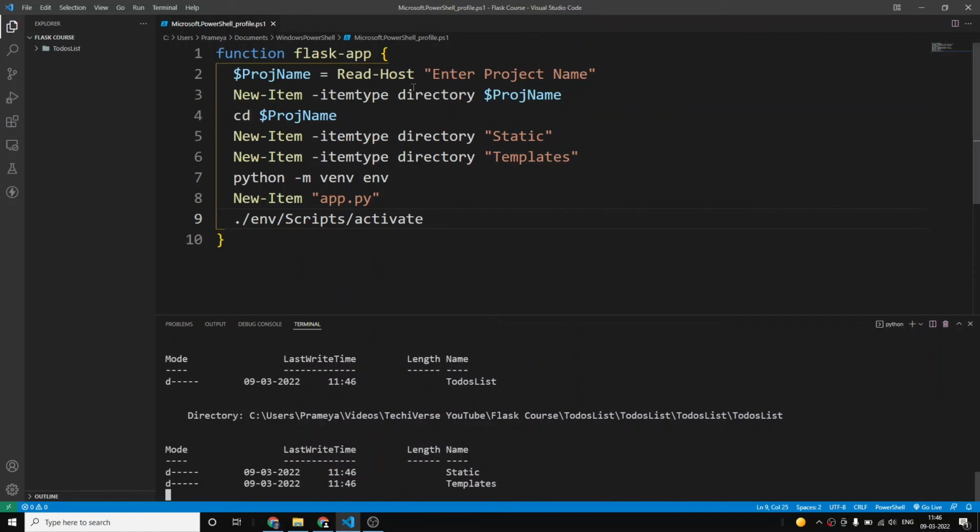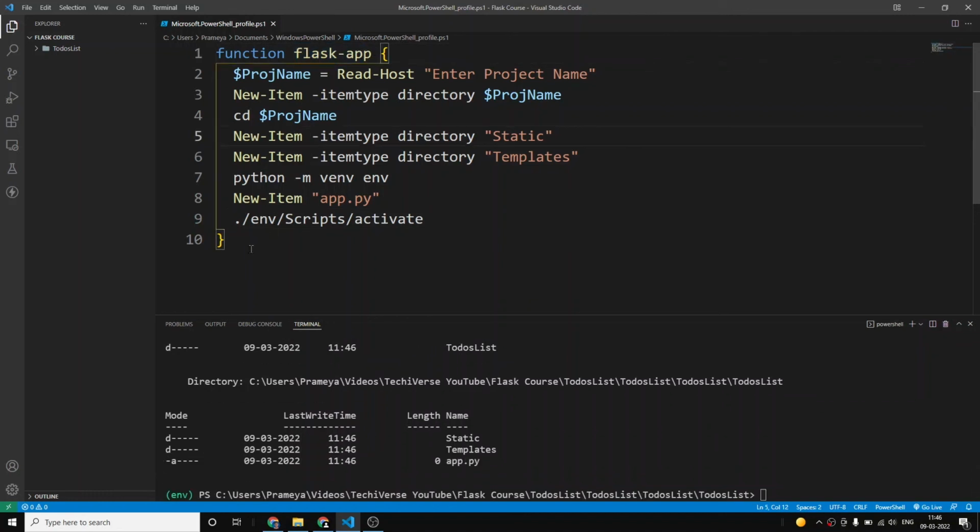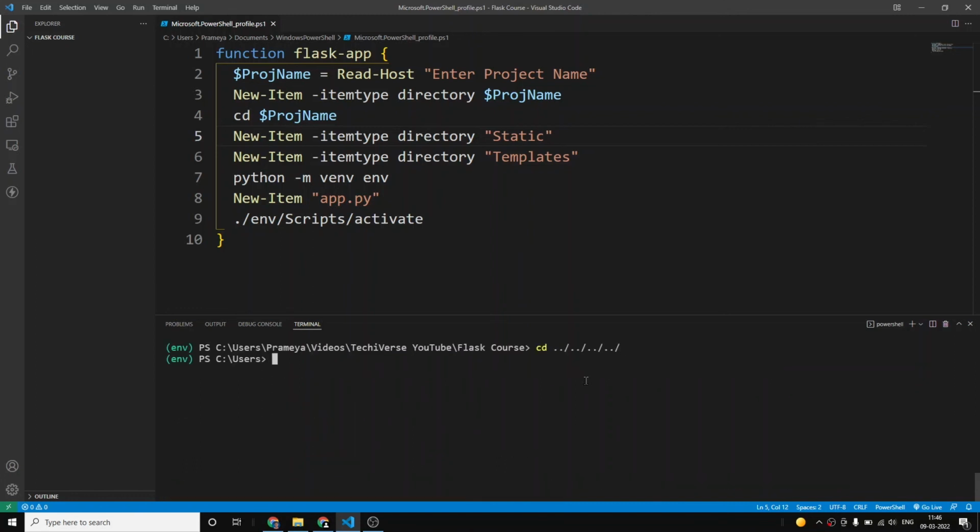So I hope that you have understood how we have created kind of a utility. Just when we open our PowerShell window and write flask-app, it would generate us a complete Flask project structure, the basic minimal Flask app structure. So I think I have done something wrong, so I will just do cd ./.. cls, then okay, cd to the old folder